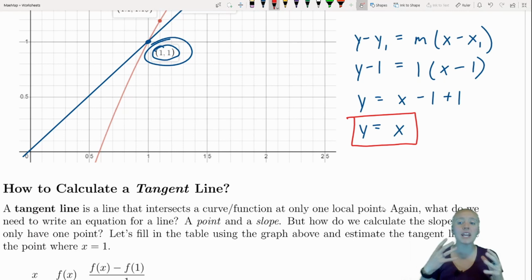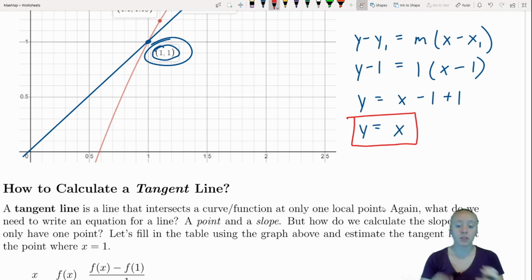So again, if we need a point and a slope to make an equation of a line, in order to get that slope, we need at least 2 points. But if we only have 1 point where that tangent line is intersecting our function, there's not really a way to calculate the slope. But let's fill in a table calculating secant lines that are getting closer and closer to roughly what that slope